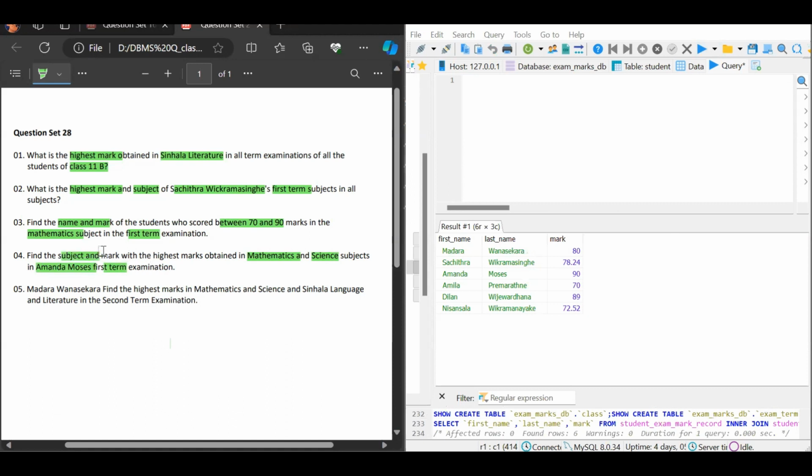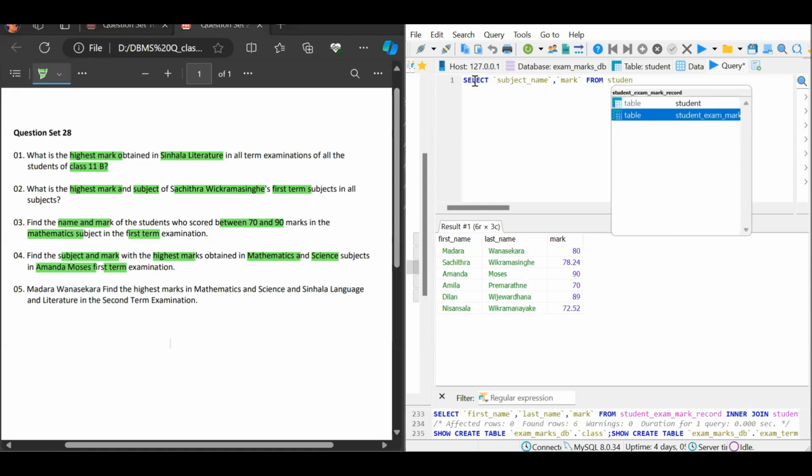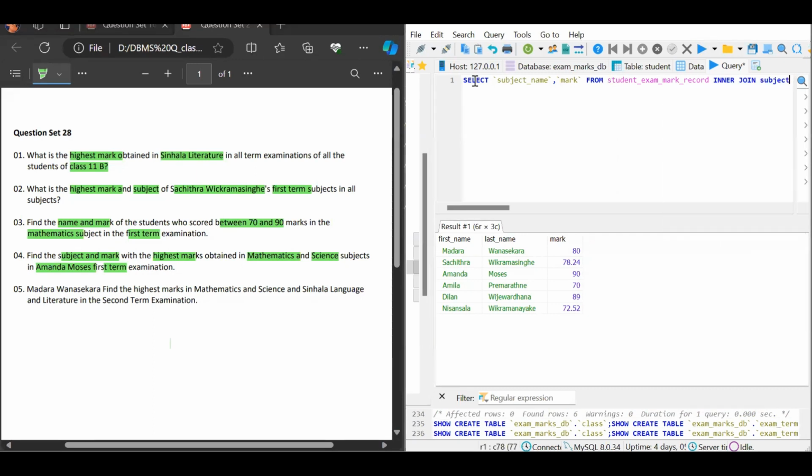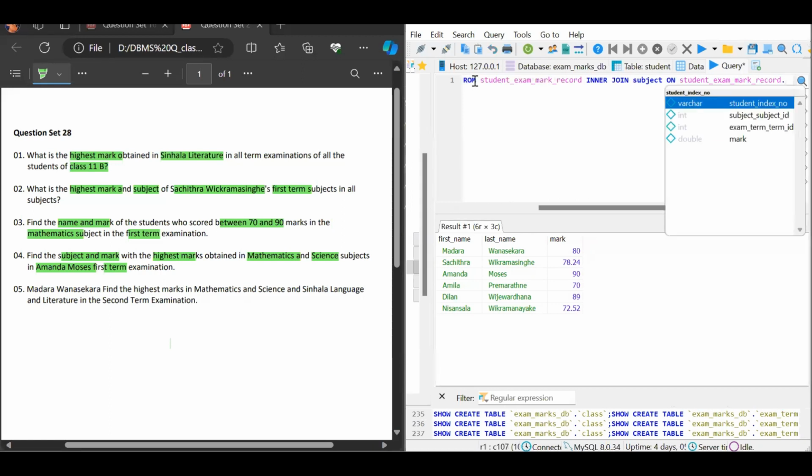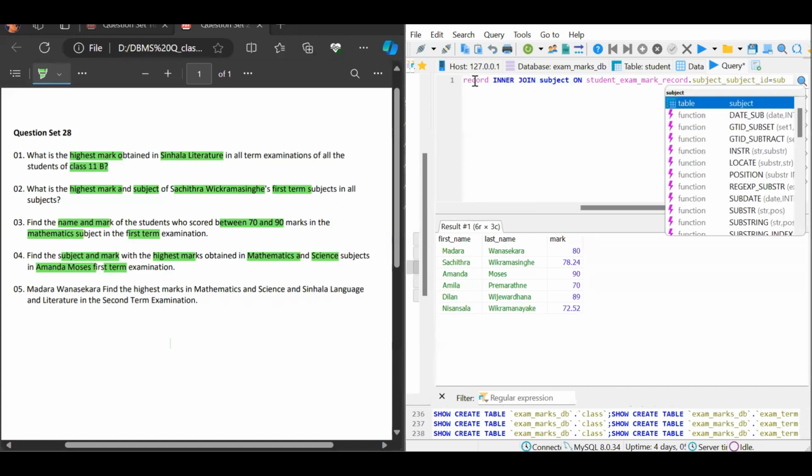So here too we have to obtain two results, as one is the highest mark and other is the subject and the relevant mark. So then let's type the select query select. So then we can give the relevant column as subject name and comma, again we can give the column name as mark, and then we can use the from keyword from the student exam mark record table, and we can use the inner join here, and we can join the subject table, and then we can use the on keyword the student exam mark record table dot subject id equals to subject table